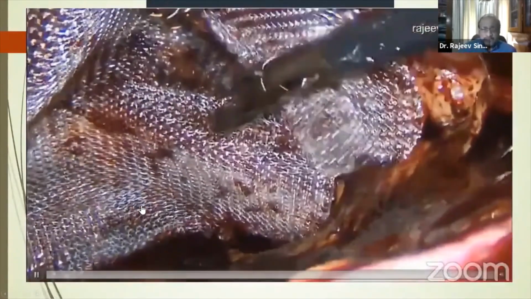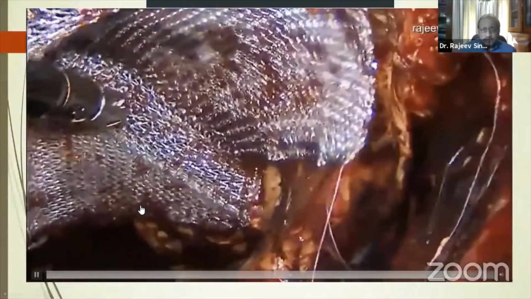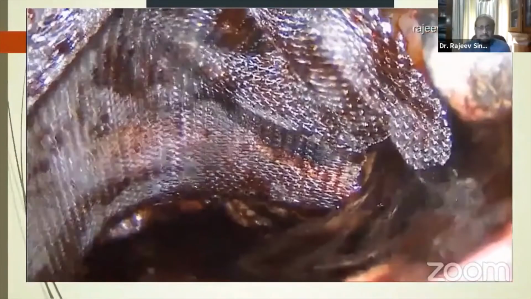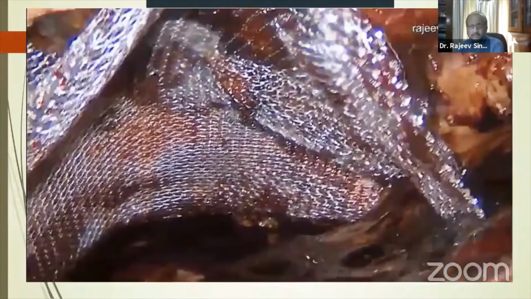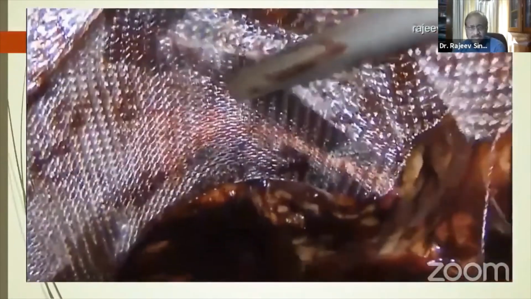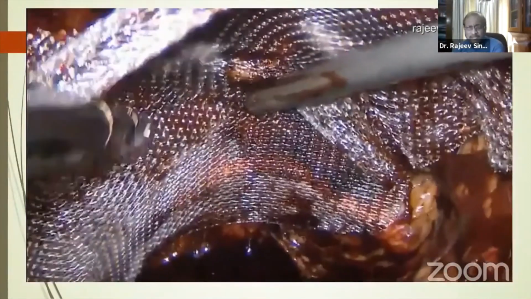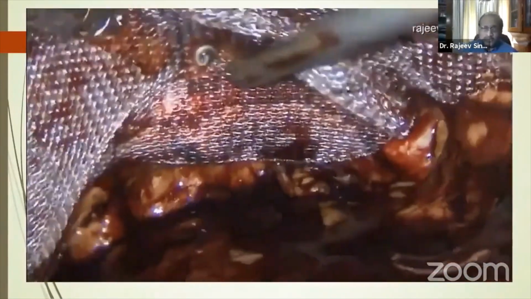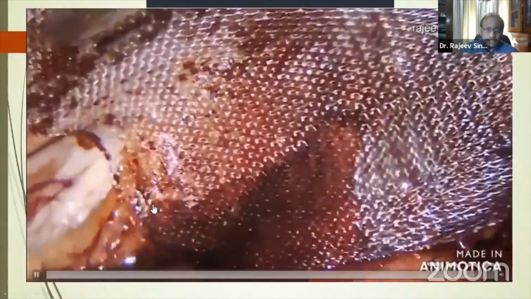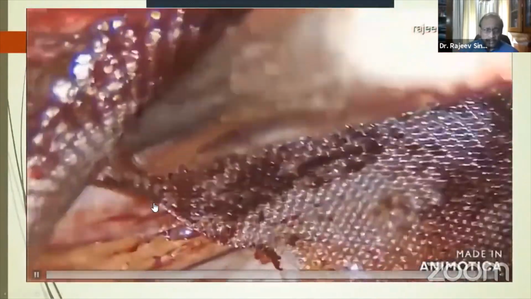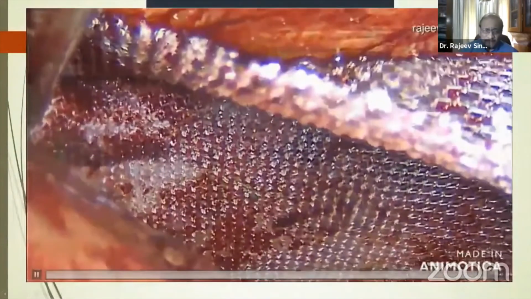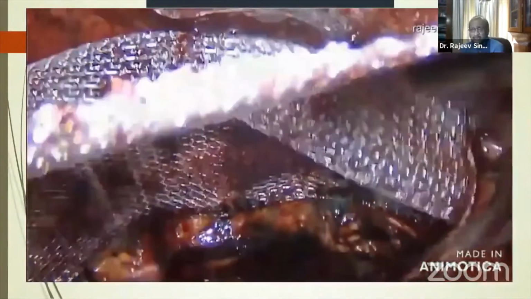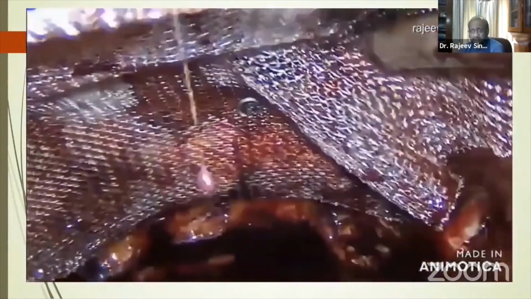And then once you do that, the tackers come into play. The rest of the dissection is just like any other TEP or TAPP dissection, so I'm not going to waste too much time over that. This is the pubic symphysis. The tacker is applied just above the bone. Remember that, because applying it over the bone is going to create a lot of postoperative pain. So never apply a tack over the bone. And to the upper outer corner are the 2 tacks that I apply. If need be, 1 or 2 more tacks on the medial side. Otherwise, that should be enough tacking for ETP repair.